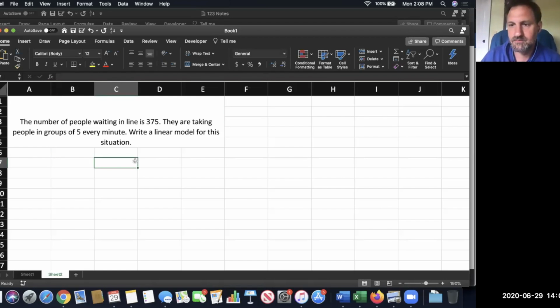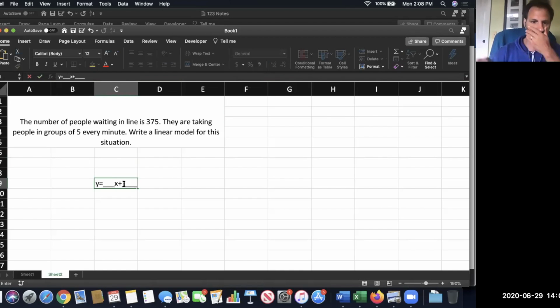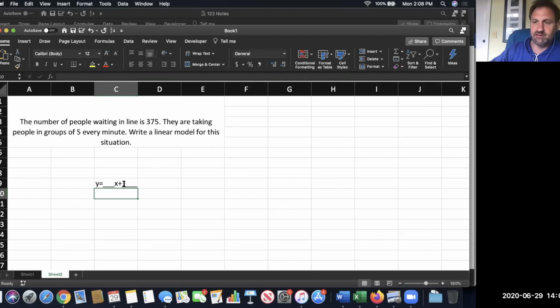Okay. So I'm not going to write any notes under this one right now. I want you just to write down first the form of the equation. You should have that on your paper. And then if you want to put the notes, you know, what does M stand for? What does B stand for? And what are those numbers? Then you can finish the model. The end goal will look like this. Y equals x plus